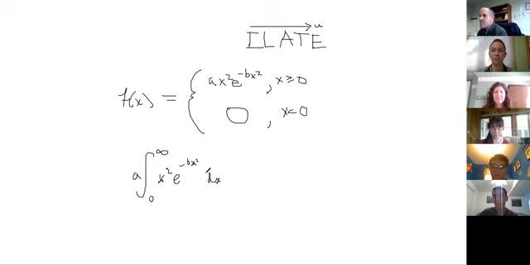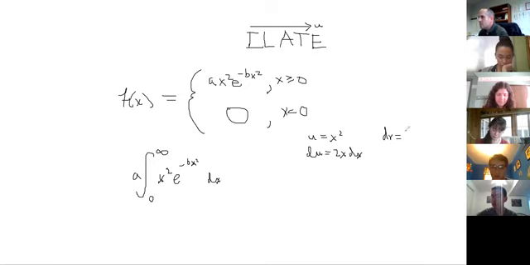So in this case, I have an exponential function and an algebraic function. So what would u be equal to here? x squared. Yeah, so u is x squared, which means that du is equal to 2x dx. Okay, and dv, well, that's like,